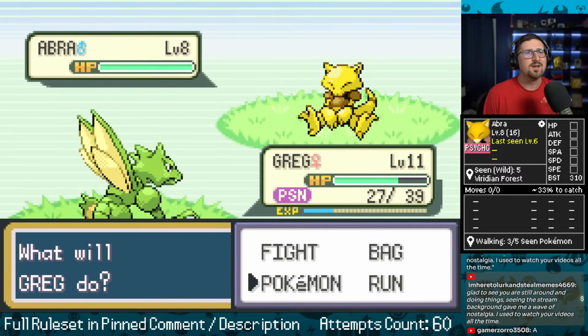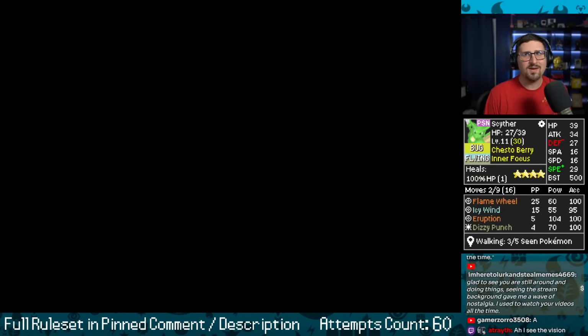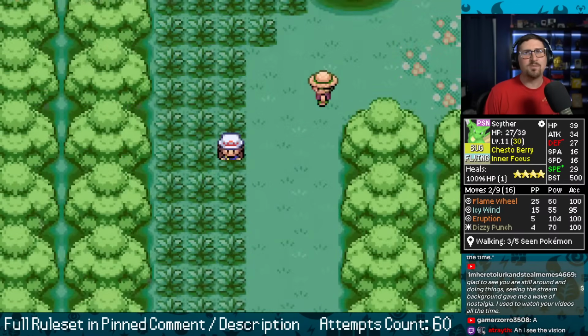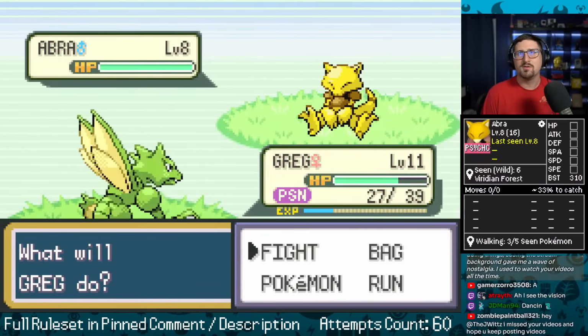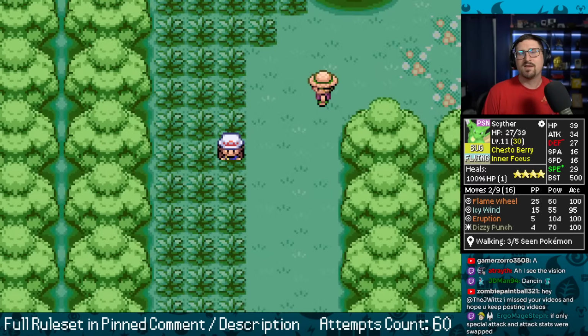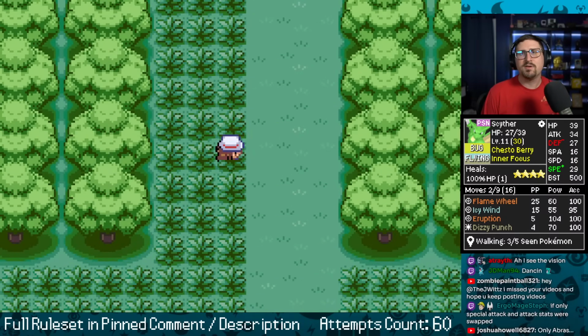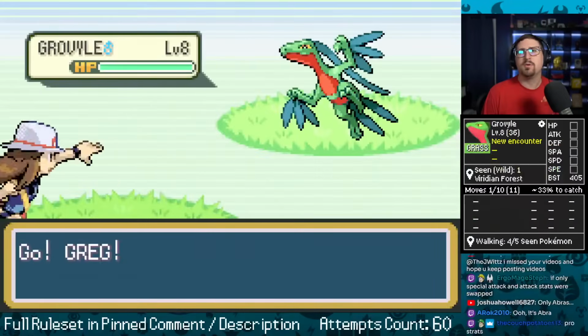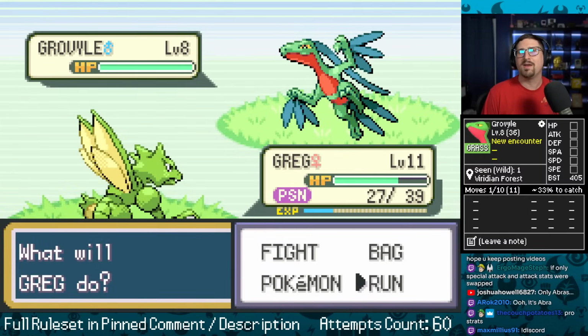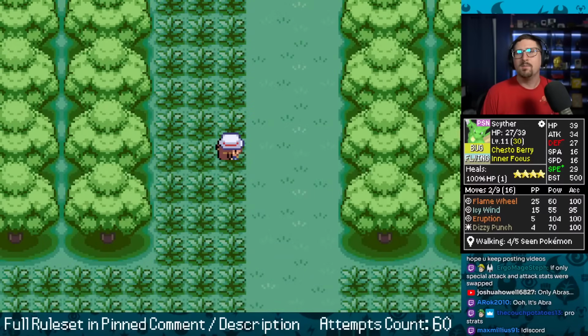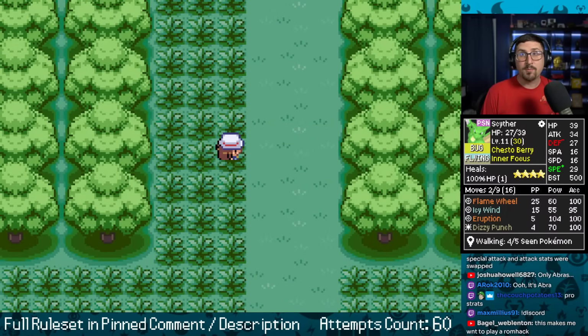I appreciate it. So this is a trick. We call it poison dancing. Every 5 steps you get hit by poison. Whoa. Usually you don't get an encounter right away. Thankfully my 1, 2, 3, 4. But if you wiggle left and right like this, it forces a new Pokemon to spawn. Whoa, Grovyle. Cool sprite. I like that sprite a lot. And it resets the count for poison steps.